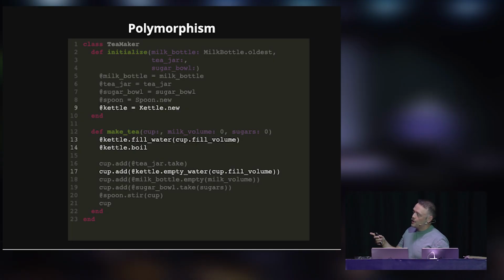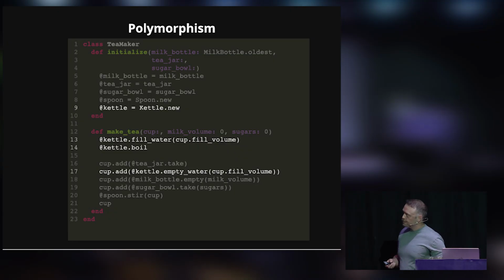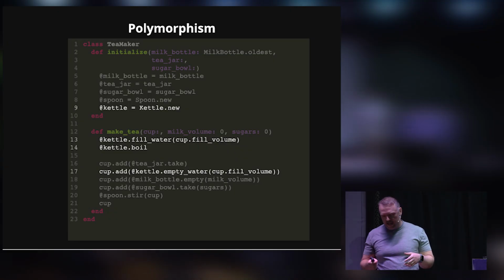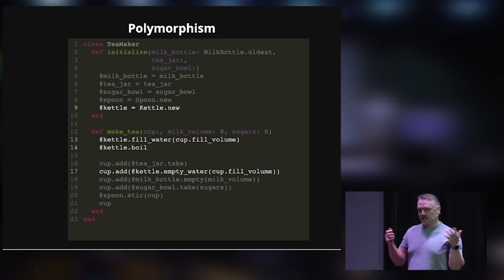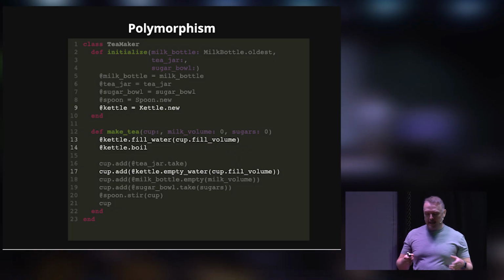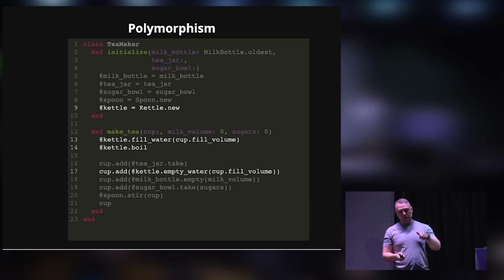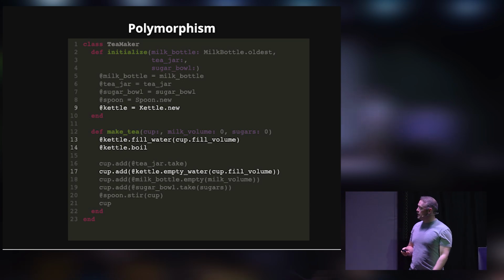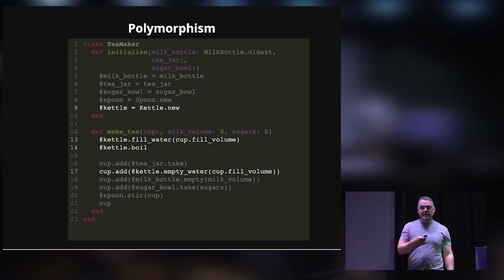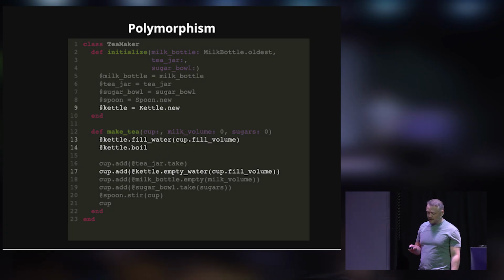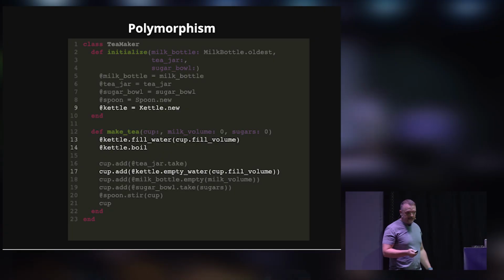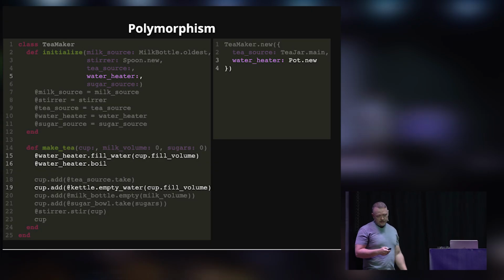Now, a few months ago, my kettle broke. It's part of the reason why I've used it in these examples here. But when my kettle broke, I didn't just crash, I didn't raise an exception or anything like that. I went and grabbed a pot and I filled it with water and I heated the water on the stove and I was able to continue making my cup of tea. So you could argue that my personal tea-making process is a robust one. It's flexible to changes. We could update this code then to,